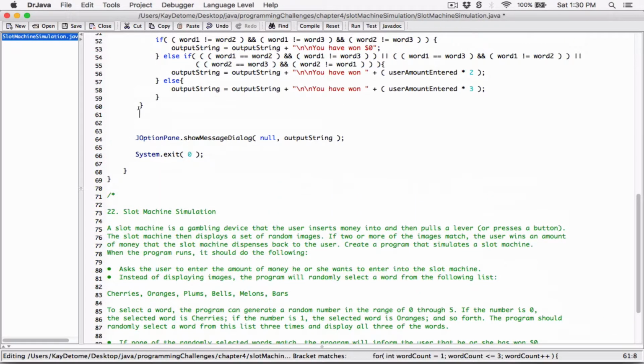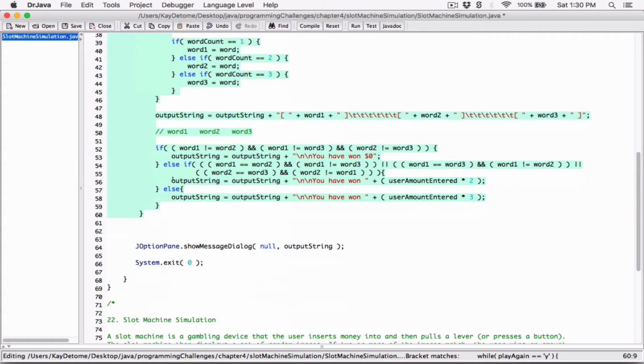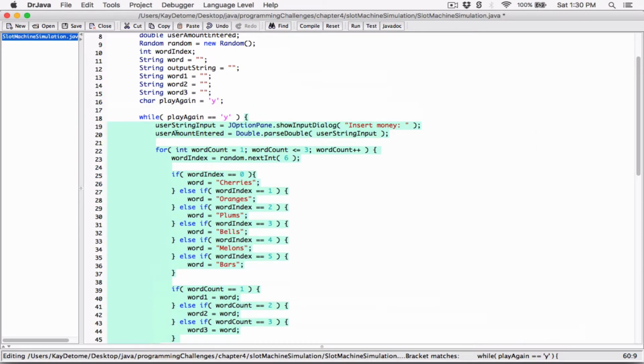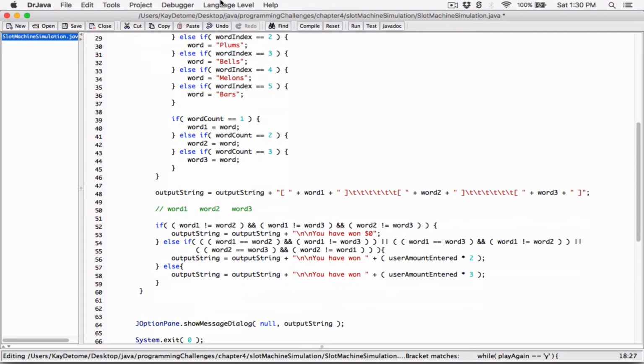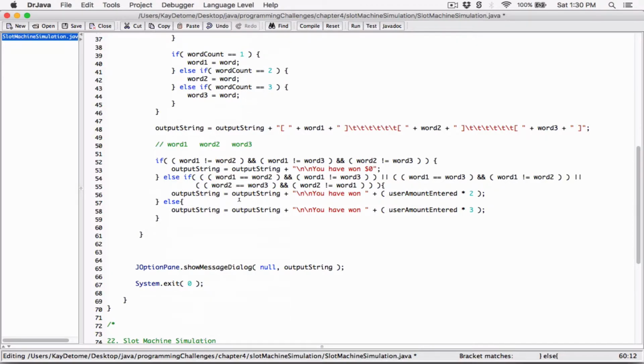Let's see here. Okay, so this is surrounding the while loop. This is the beginning of the while loop. This is the end of the while loop. All right, so while play again is equal to y, then do what's in the while loop. And once it displays that, hey, you've won this amount, before it goes back up and checks that condition, while play again is equal to y, let's go ahead and give the user the opportunity to change the play again variable. So I'm going to ask the user a question and say,